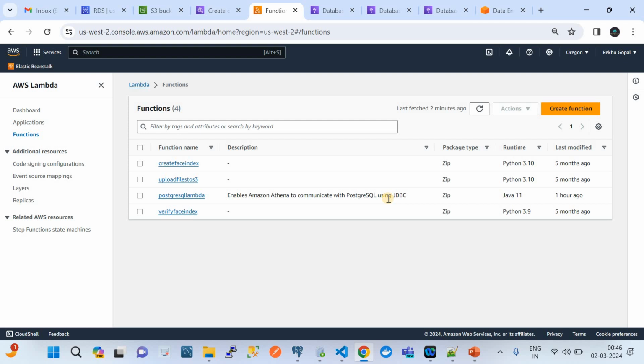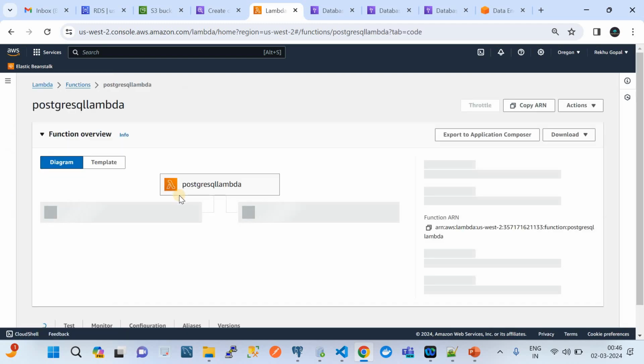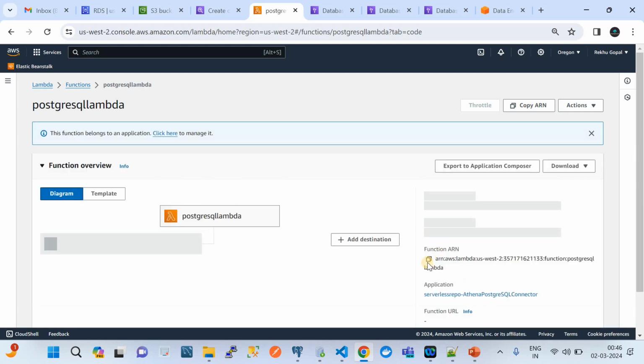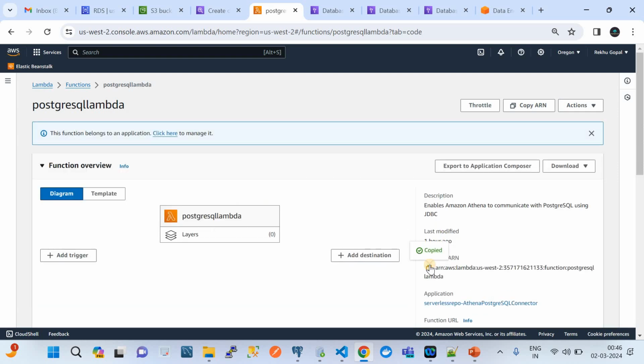So in the sense, in an AWS account in a region, you will be allowed to create only one Lambda like this. Yeah. So for that sake, this is the Lambda which got created. Now what we do is we need to click on that and copy the function ARN. So like this, okay. So I'm going to copy this function ARN and go back to the